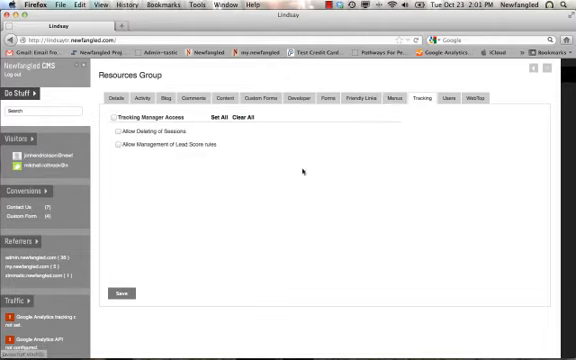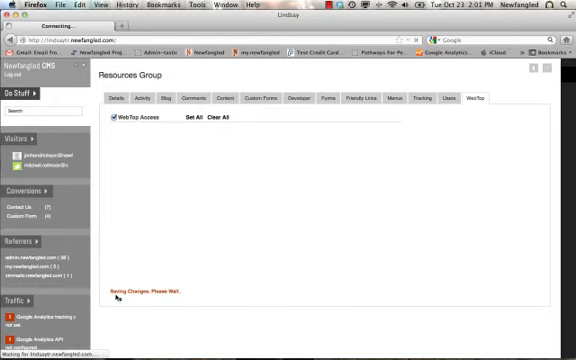Tracking, if they want to see who's been coming in, I don't want them to delete those, and I don't want them to manage lead scores. And I don't want them to be able to go in and edit or add users or user groups. And then the most important one, the last tab, web top, make sure that is checked. Okay, I'll click save,